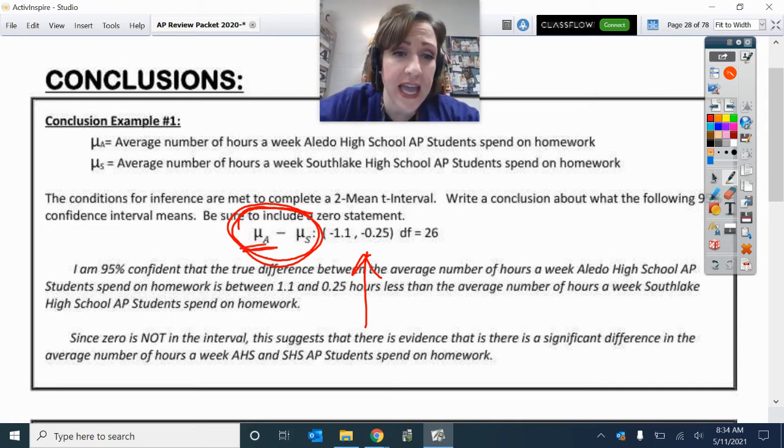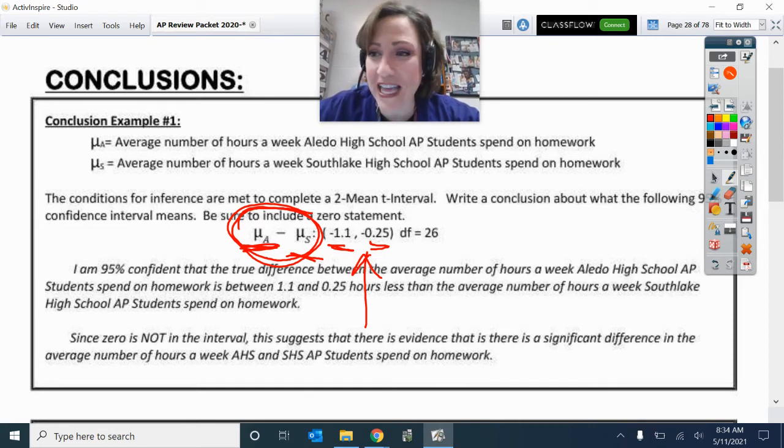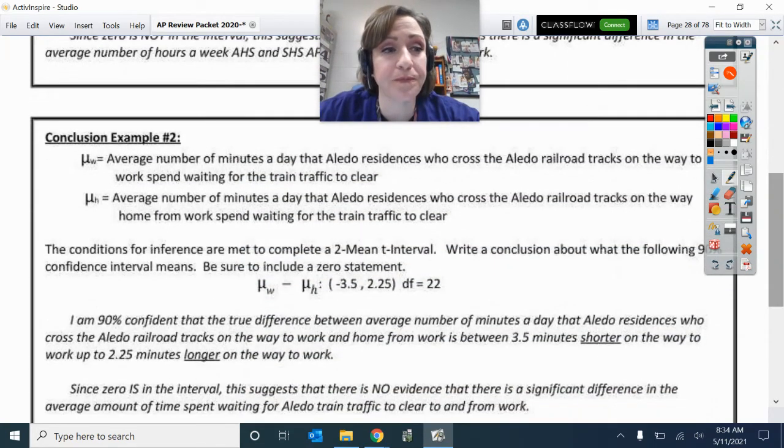So in this case, the average number of hours a week Aledo High School AP students spend on homework is between 1.1 and 0.25 whatever units less than the Southlake students. Okay? Maybe because we're smarter. I don't know. We need to fix that right there. And look, it must include the DF. T, not Z. Must include the DF when you are writing up a